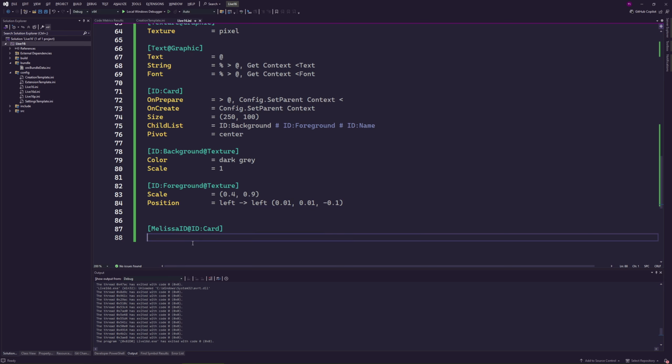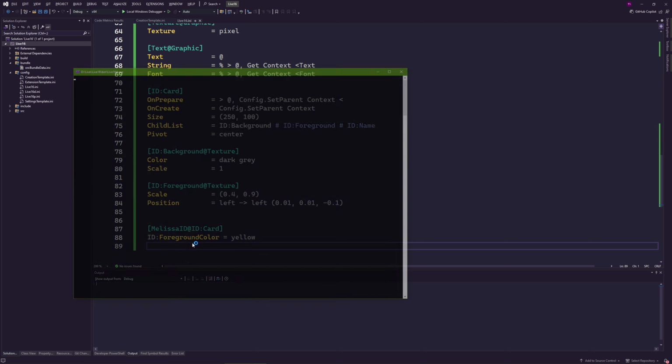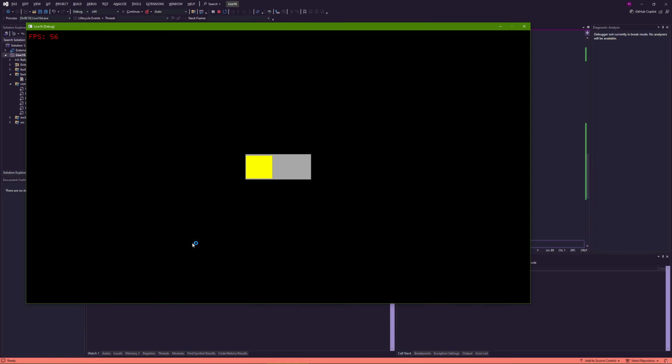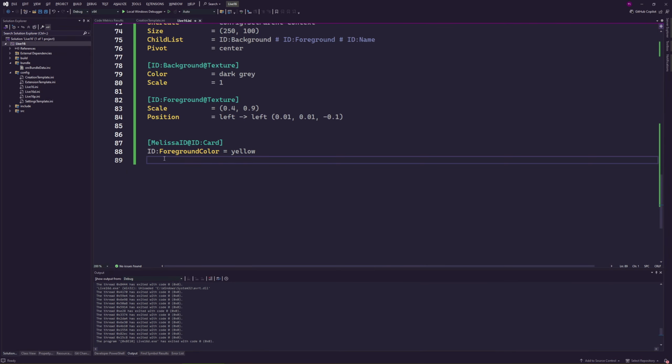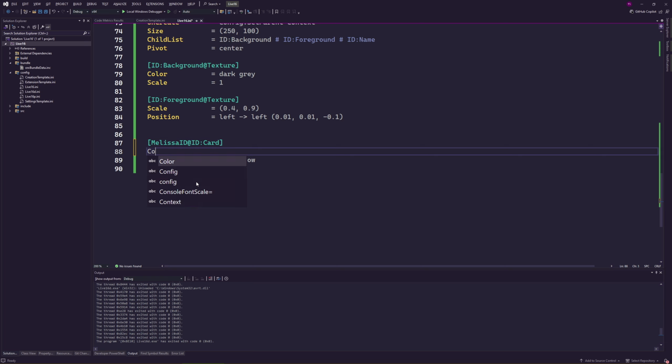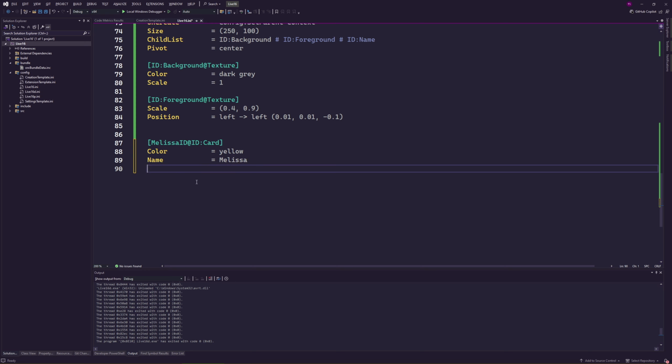So here, if you remember, we used the idiom of using the name of the widget followed by the property. If I want to change the widget ID foreground color, I can define it here, and I say Melissa has a yellow color. By creating this, we see that now Melissa card has a yellow color for this. However, we want to make it a bit simpler. We don't want to have to know the name of the actual component under us. We are going to say that I have a property named color for Melissa, and another property where I'm going to put my name. And we're going to read them in the parent.